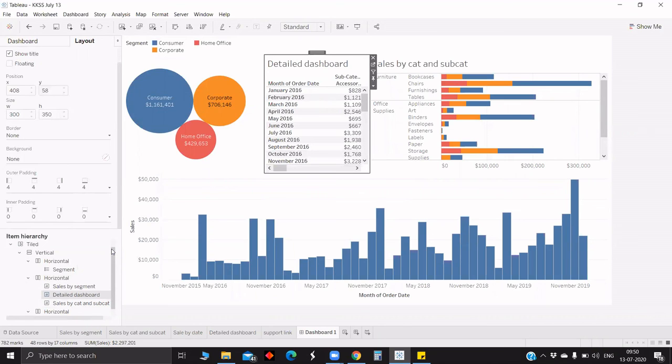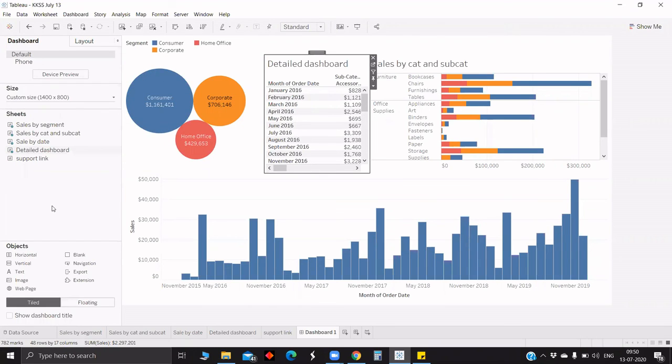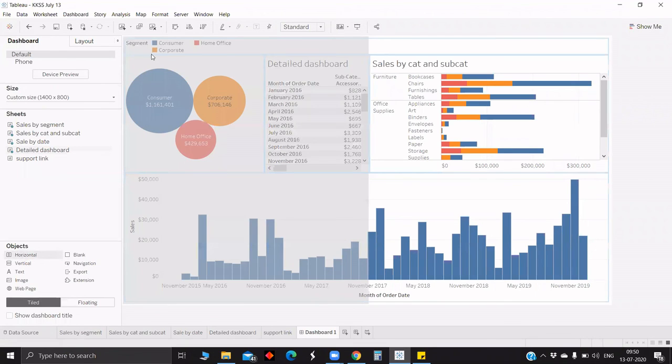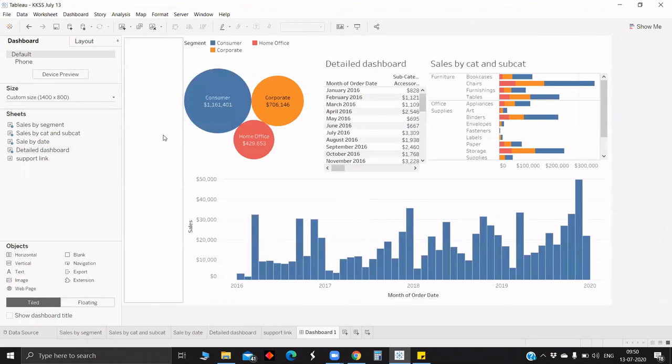If you have an idea of where to put everything, then if you open this layout, we will get an idea of where to put what and what the size is, and we will be able to do editing. It's not like once you made containers, you can't edit. Even if you want to put a filter on the left, just go horizontal, then control the size. In this case, we can add the filter pane all on the left. So we have flexibility in editing. It's not like once you have made the layouts, we can't change anything. We can make layouts inside the layout, outside, wherever we would like to add or edit.